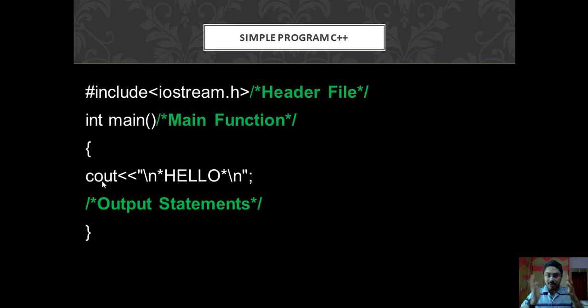Now we don't know much about objects yet, but as we know, C++ is an object-oriented language, and that's why we have to use this object. This object is readily available for us in order to put something onto the screen. Here C stands for character and out stands for out.